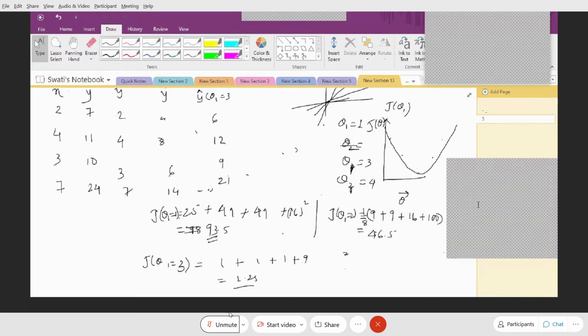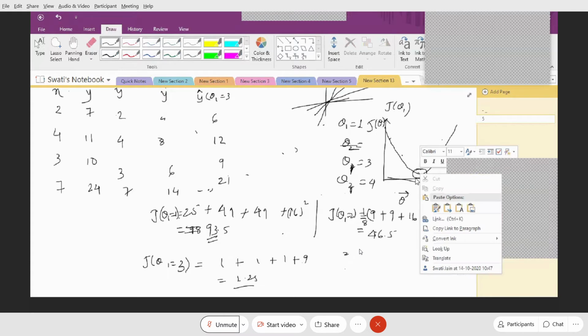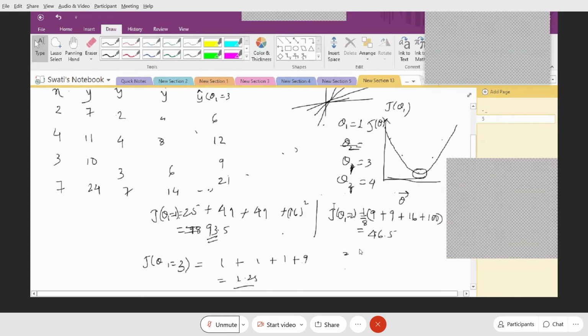So what exactly I worked out here, I hope this is clear and you understand that this is your theta, right? This is your theta. For different values of theta, you have the error. And what value of theta am I interested in? I'm interested in the value of theta which is minimum, where J theta is minimum. So I'm interested in this point, right? I'm interested in a value of theta 1 which is equal to 3, or maybe even lower, but roughly my theta 1 should be equal to 3 so that I get the equation which is y is equal to 3x.